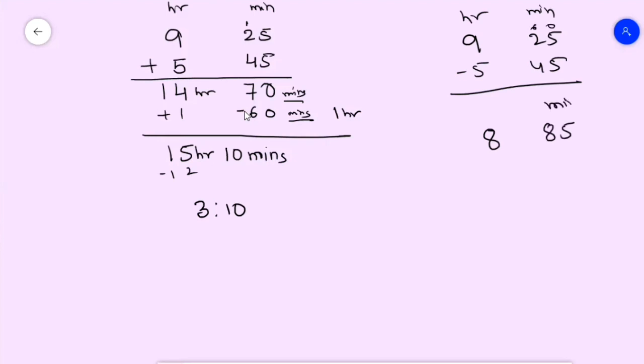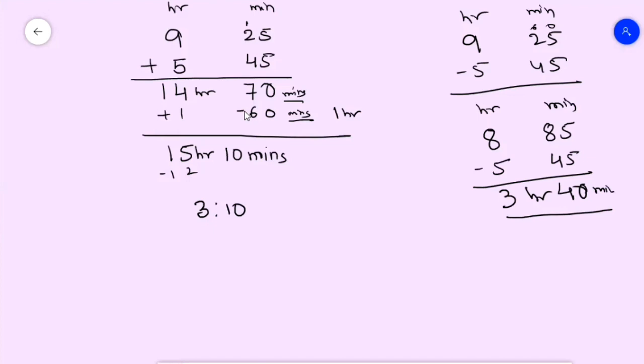So minute has changed, hour also changed, and what you subtract will remain same. Clear? So when we subtract 5 hours 45 minutes from 9 hours 25 minutes, your answer will become 3 hours 40 minutes.